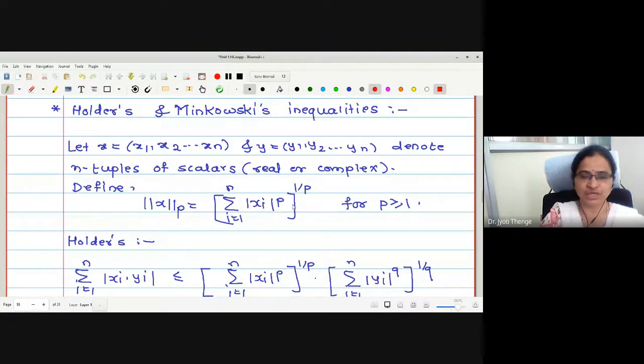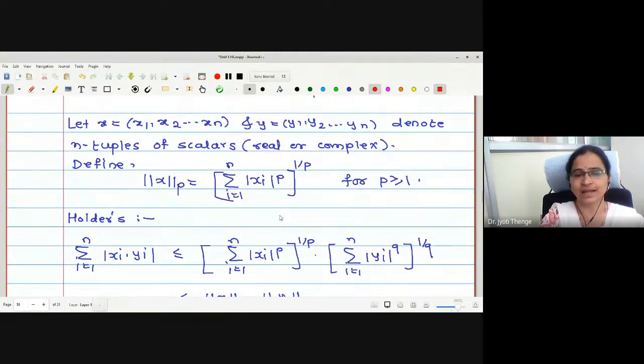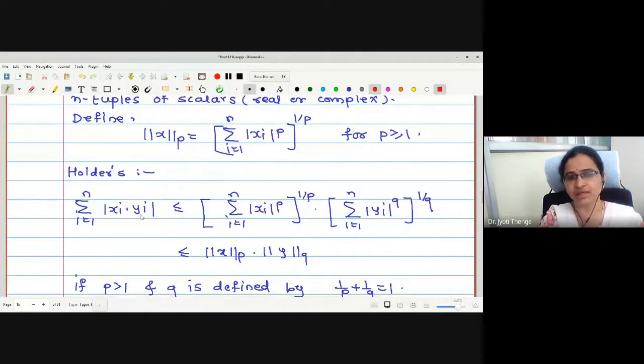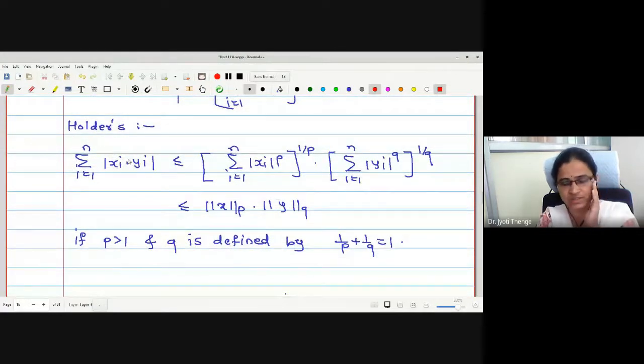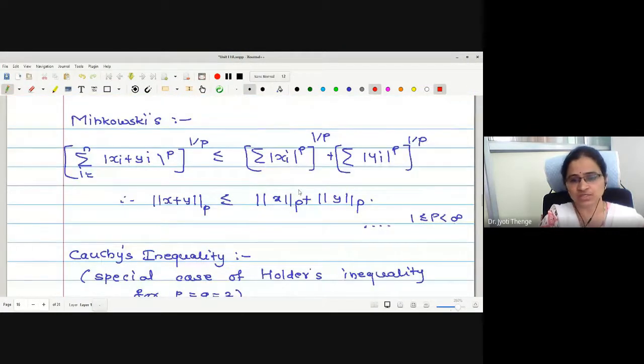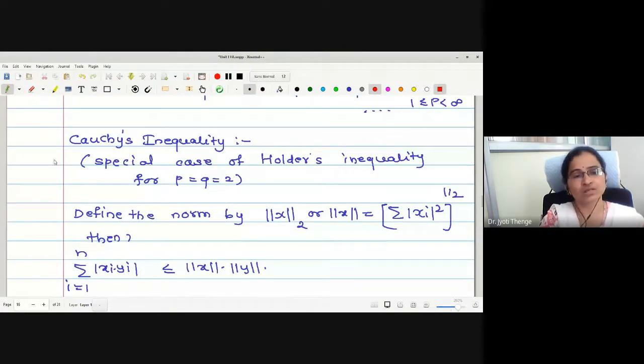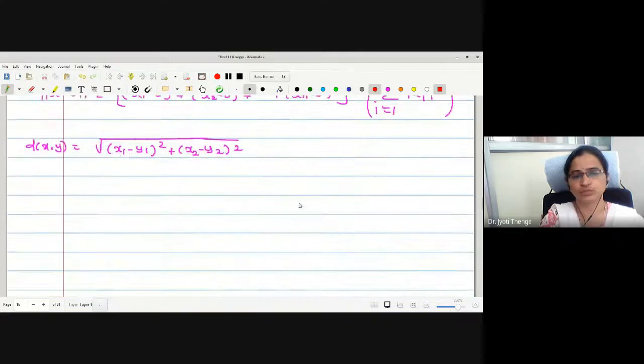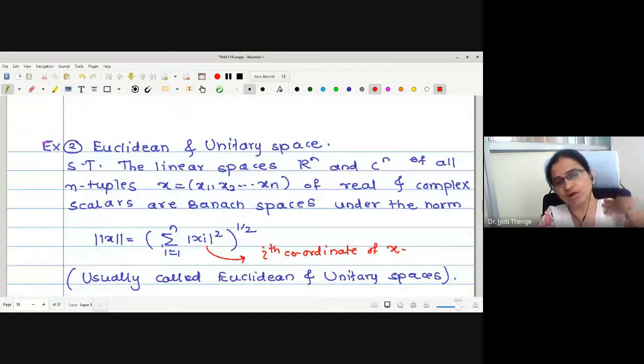If we put p equal to 2, this will give you the distance formula in an n-dimensional space. And respectively, for every positive integer value of p, it will give you one norm, which we should know. Then, if we define a norm like this, Holder's inequality tells us that summation of |xi yi| is bounded by this much value. Minkowski's inequality, and similarly Cauchy's inequality. Cauchy's inequality is actually the special case of Holder's inequality by putting p equal to 2.